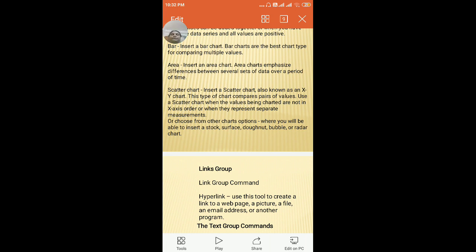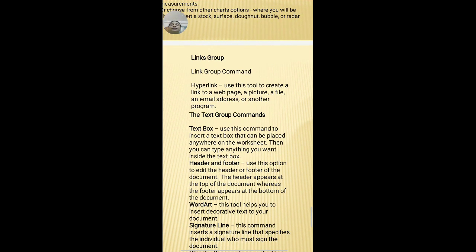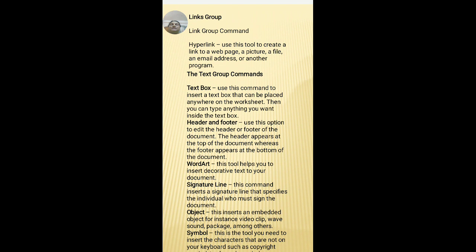Now let us come to the next group, the Links group in the Insert tab of the Excel sheet. Under the Links group, we have a single command, the Hyperlink command. What is this hyperlink command? It is a tool used to create